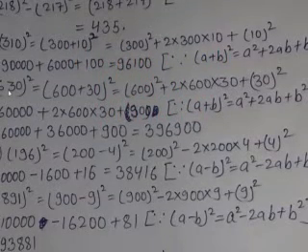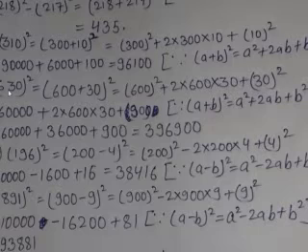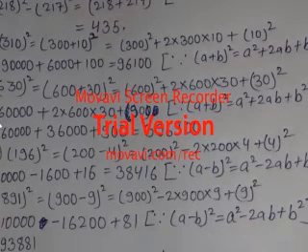Now if you see question number 8, it is said using the formula a plus b whole square is equal to a square plus 2ab plus b square, evaluate. You have to find the value of 310 square. So what we will be doing, we will be using the formula a plus b. You can see over here I have written 310 square is equal to 300 plus 10 whole square.